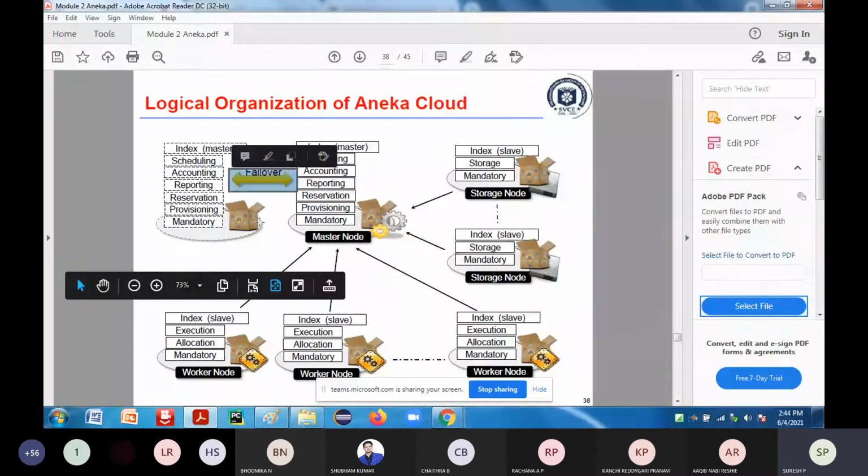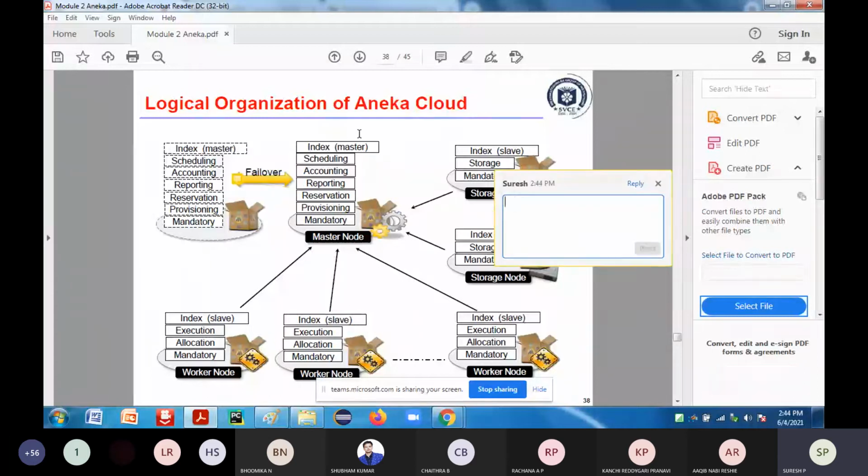What is the function of the failover? Failover is nothing but what? It is going to keep the backup. The master node is giving the facility to all the worker nodes. But meantime, for some issue, your master node goes down. Now when it goes down, the service which you are providing should not be interrupted. If the failover occurs here, whatever task or job it is performing in this master will be shifted to this other master now.